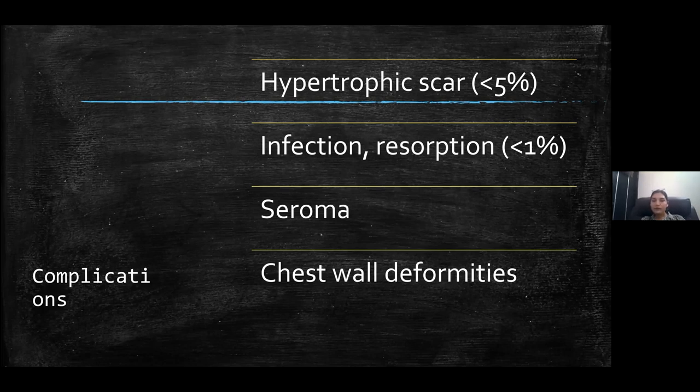After harvesting the graft, if it is put in an antibiotic solution, for example gentamicin, for some time, infection can be significantly reduced, and post-op antibiotics should definitely be given in Indian setups. What I usually give is 7 days of antibiotics post-op, especially if I'm using costal cartilage. Seroma formation, I have encountered one patient with seroma formation. We should just drain the seroma and do a dry dressing, and usually it resolves without any serious complications. And chest wall deformities, I have not encountered so far.